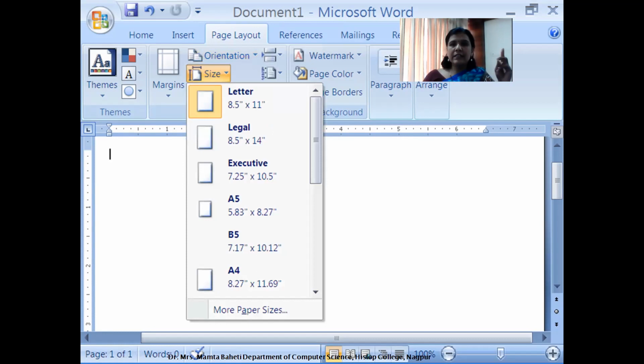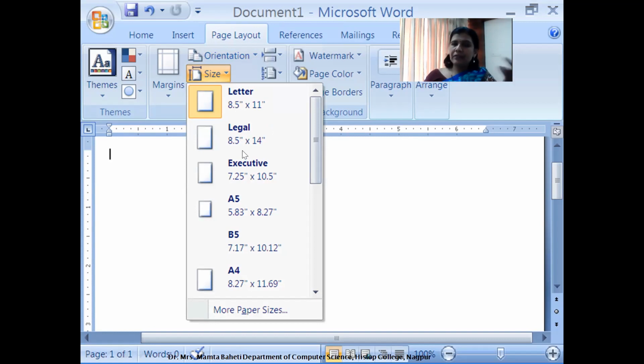Then I can select the size here. By default, the standard sizes are set over here. My paper size is set to letter by default, because when I installed my Microsoft Word, the document template and the printer installed along with it were letter.